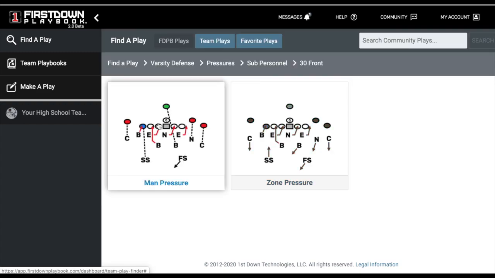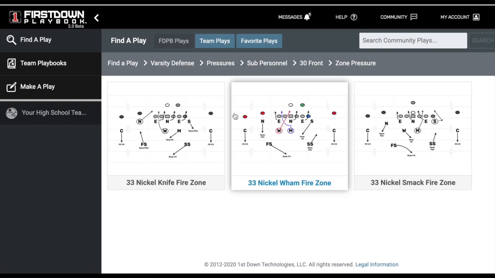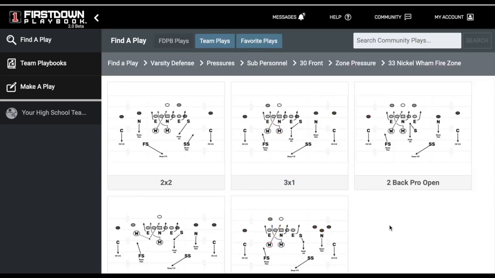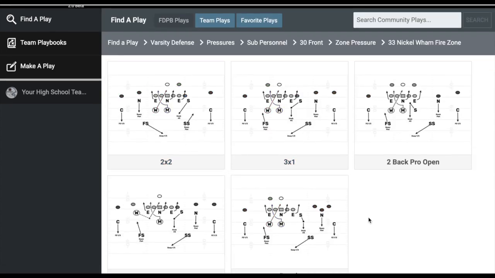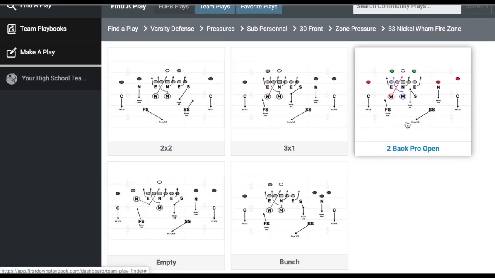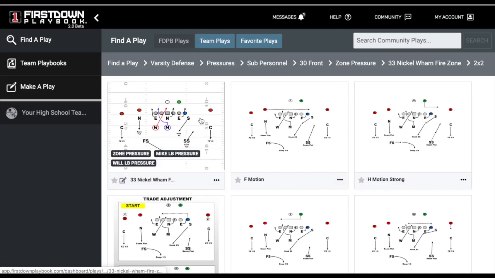Do you want to play man behind it or zone? And then when we get you to this area, guys, there are over 57 different pressures in here. But when you open it up, we don't just fit that pressure up against one formation. We fit it up against 5 different formations: a 2x2, 3x1, 2-back, bunch, and empty. We'll open that up, and then you're going to see that we also give you tight end trade and motion